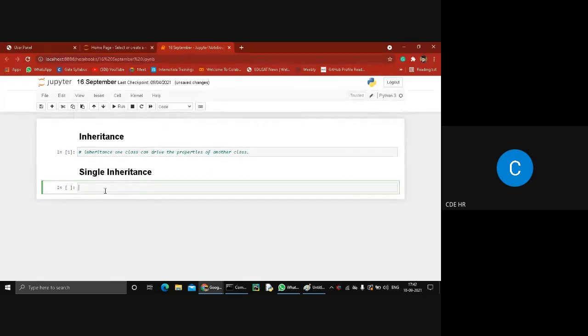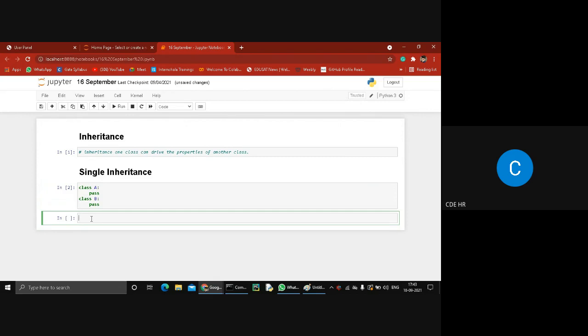And what is the syntax? How to create a single inheritance? So we just create a class, and its name is A, and the second is class B. Now at that time, we have to create an object of which class?